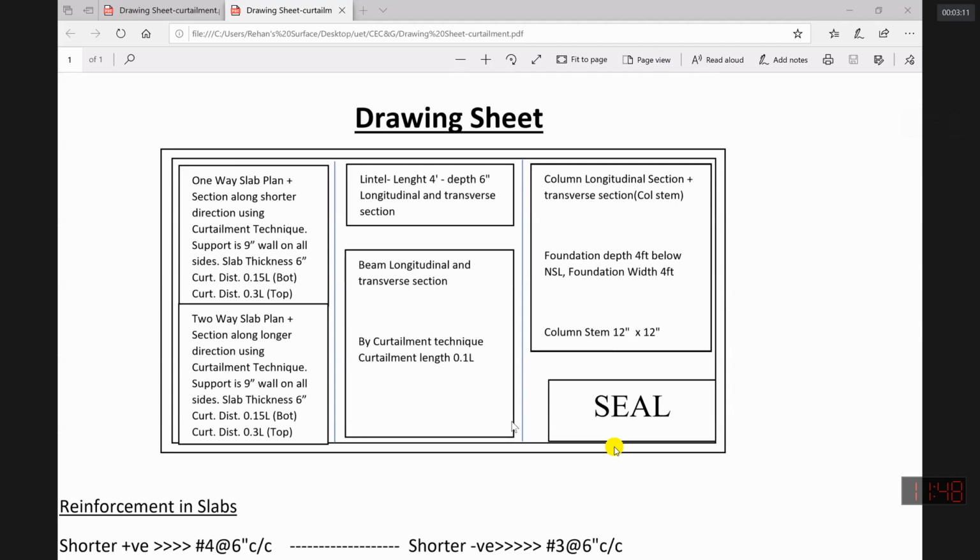Now, in case of beams, we have to run at least 4 bars, which are at the corners of the beam throughout the length. The reason is that we have to provide shear reinforcement as well. Now, shear reinforcement is vertical. How is vertical reinforcement provided in beams? In the form of rings. We call these rings shear rings or shear stirrups, right? So these rings are required to be hanged onto something.